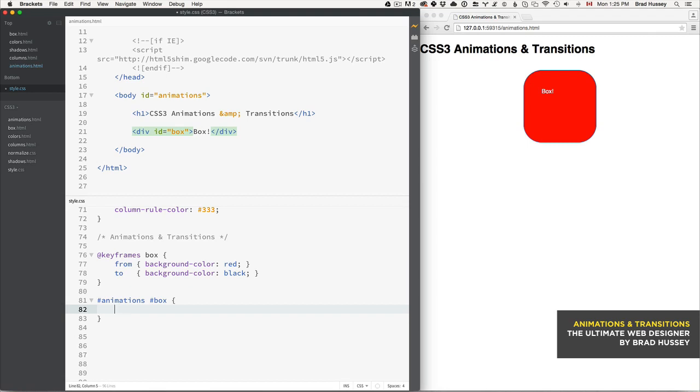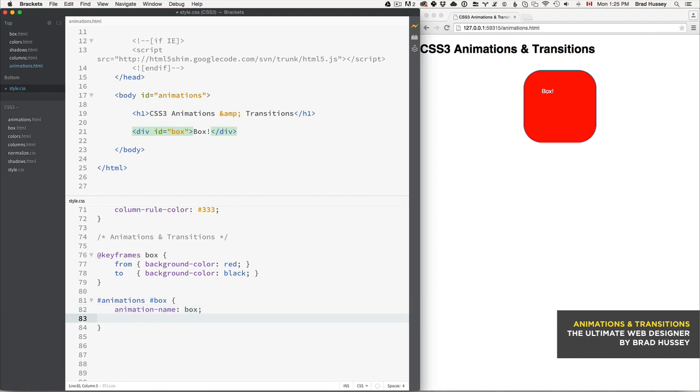So there are a set of properties that you need to know for animations. So you say animation name. And so that is just wanting to know what animation do you want to hook into here. And so this is the name, box. It could have been anything. You could have called it Jerry or Frank, but I called it box. And so box. So now that's essentially all I really need, but we also need one more to get this